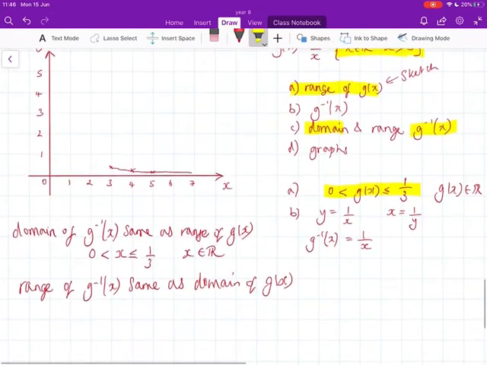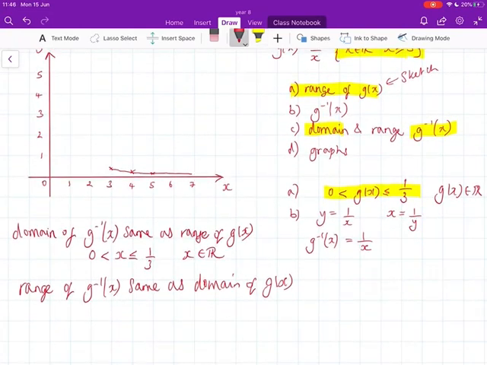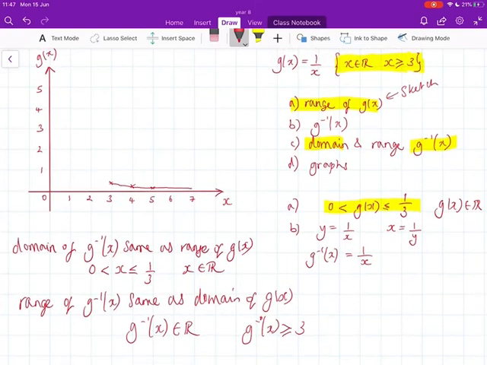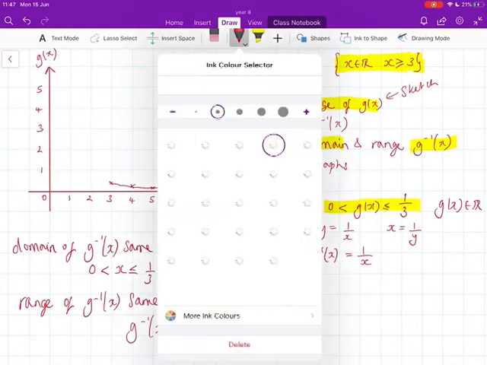Given in the original question, the domain was x can take any real number as long as x is greater than or equal to 3. So that means that g to the minus 1 of x can be any real number as long as g to the minus 1 of x is greater than or equal to 3. So we've now got the range and the domain of our inverse,